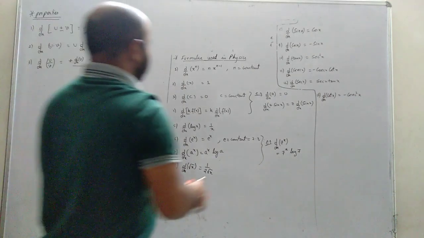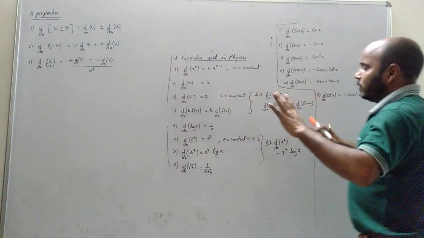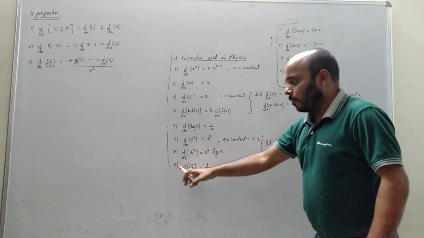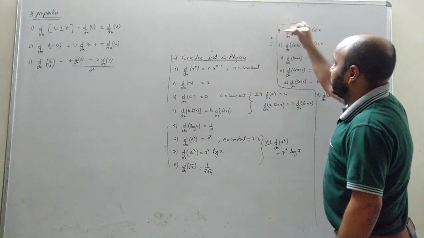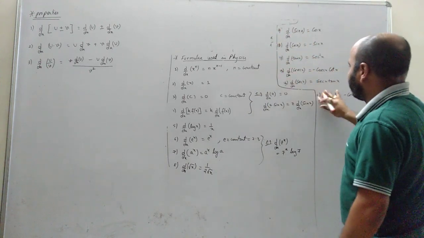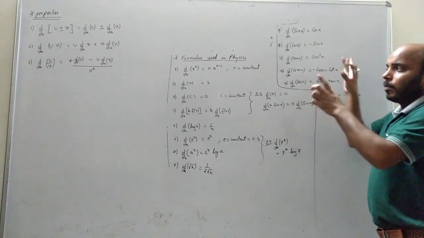Okay, so this was the formula. Now in the formula list, please change the numbering. That much IQ you can do. I have added one formula, it is number 8. This is number 9. This is 10. This is 11, 12, 13 and 14. Okay, these are the total formulas we have to use.